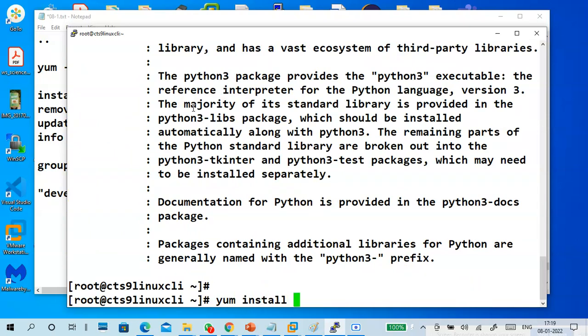yum install python3. If you have a doubt, then you can use a star also, because python-devel, devel means developer versions, different versions like that you can use also, but I'm not using anything. Install python3, I put it. If you give -y, no need to wait to press the y button. So directly you're giving yes, install this one. You're not waiting for that one, but I'm not giving anything because I want to show you the output. yum install python3.